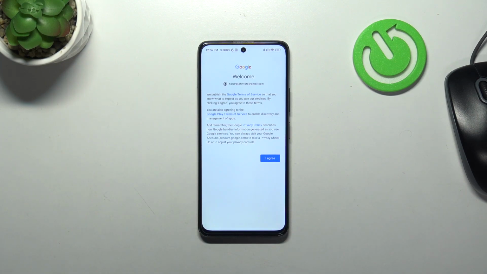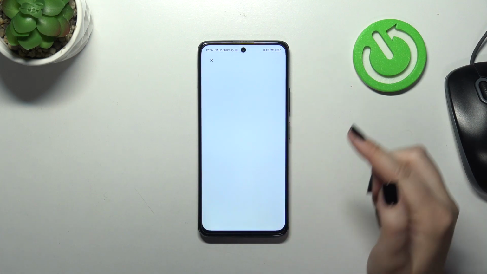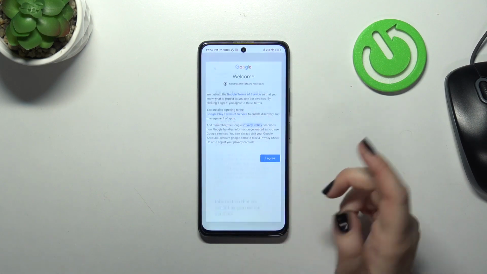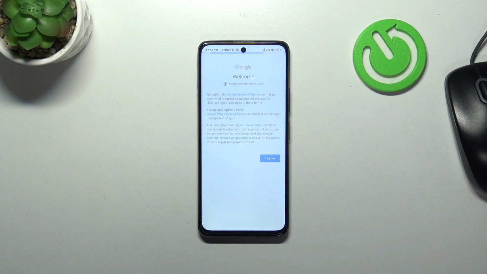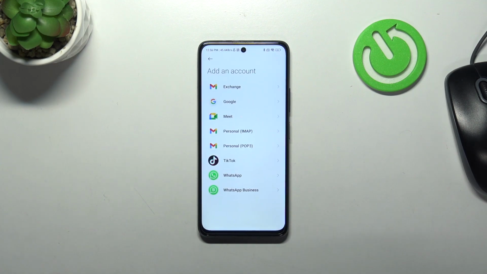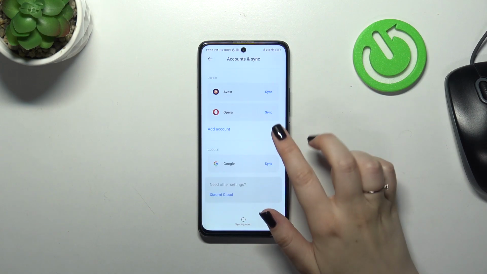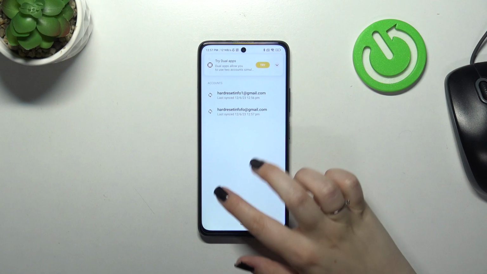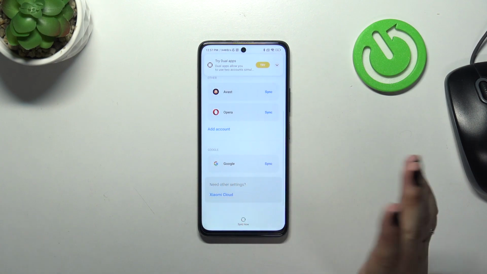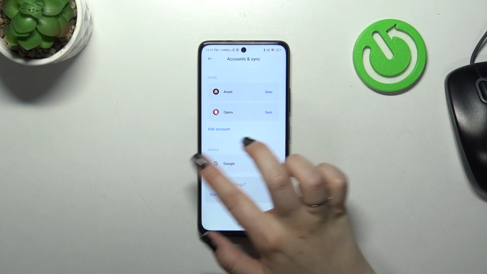Here we've got Google Terms of Service and Privacy Policy, so of course if you want to, you can read it, just tap on it and you've got the info. Let's tap on I agree after reading, of course. Alright, let's go back, and as you can see, we just have this Google section,